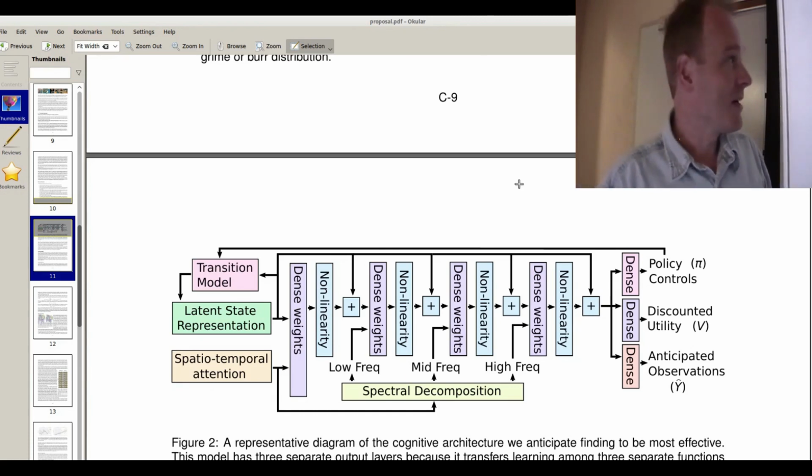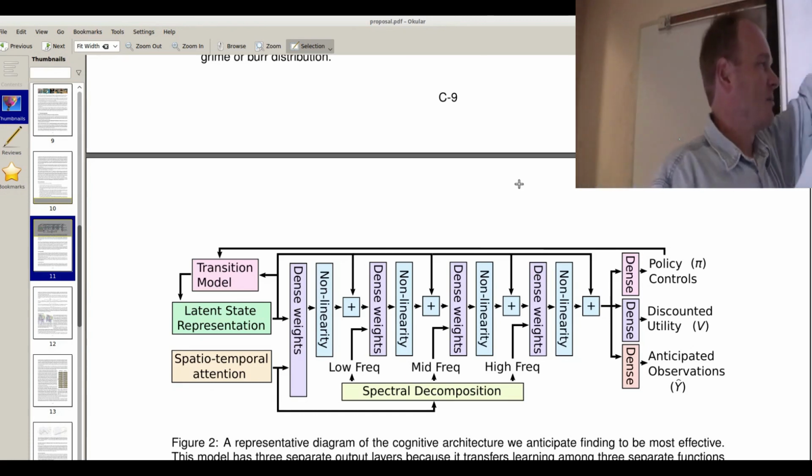Okay, the A3C algorithm, which is not, this is my improvement on A3C,